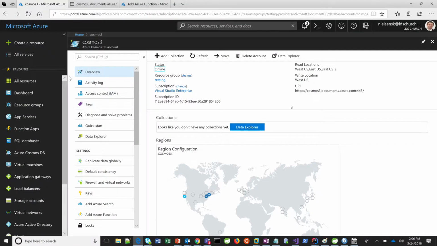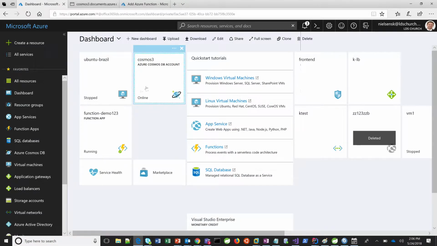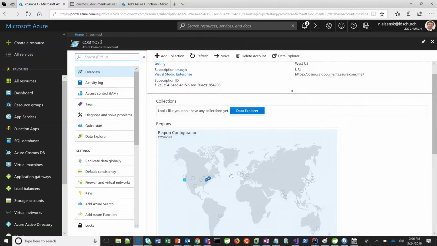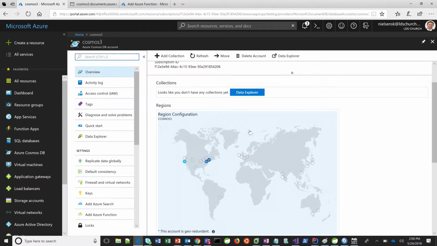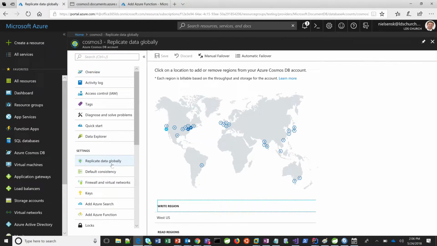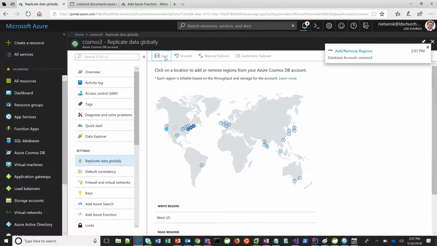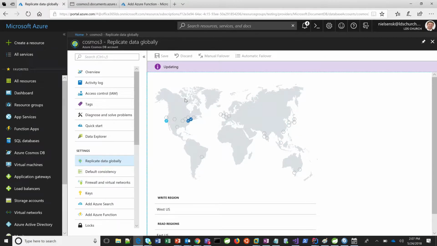And I'm going to just show you a little preview here. So I'm in the Azure portal right here. I've pre-created this Cosmos DB, but this is basically what she's talking about. So in here, these are the various regions that I have, and then I can come down here and say, hey, I want to add another region in here, and I just click the little button and say save, and now it's deploying my database to this other region. And if I wanted to remove regions, I can unclick it and do the exact same thing.